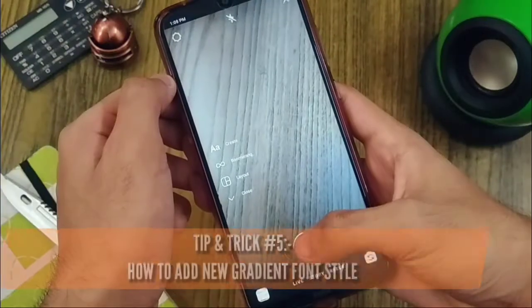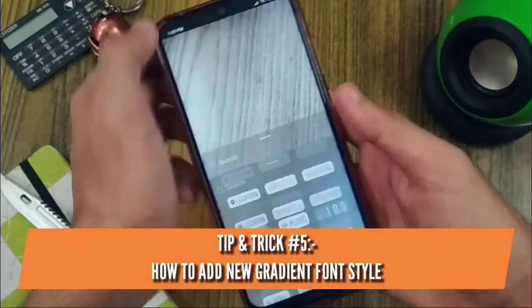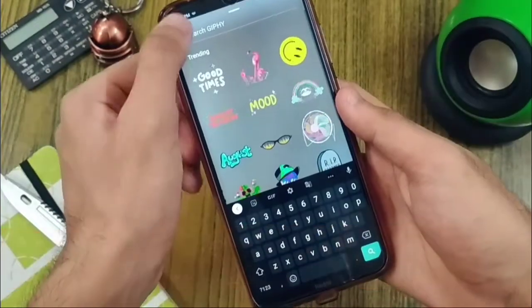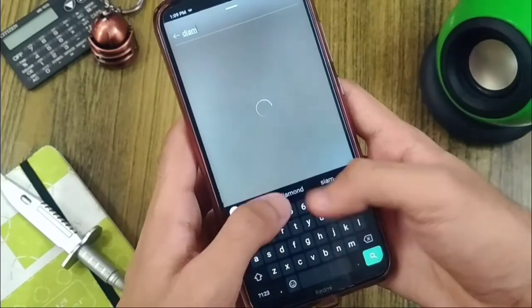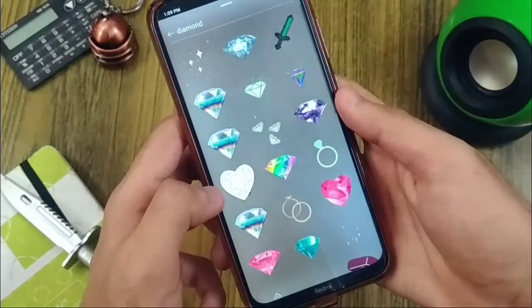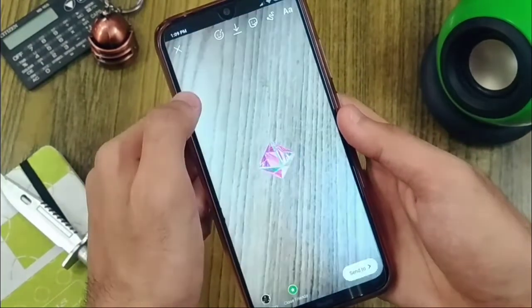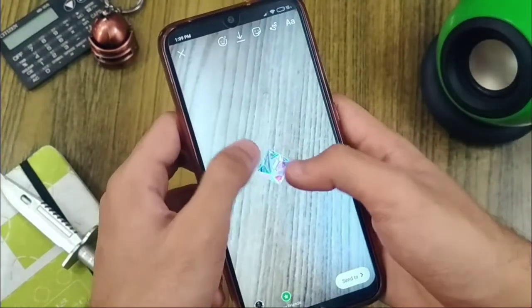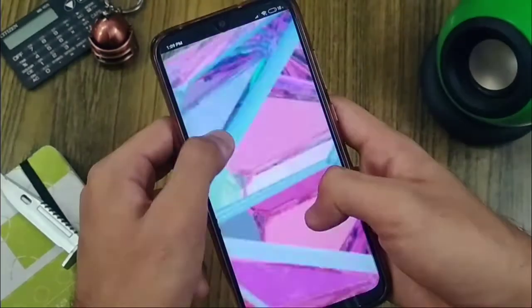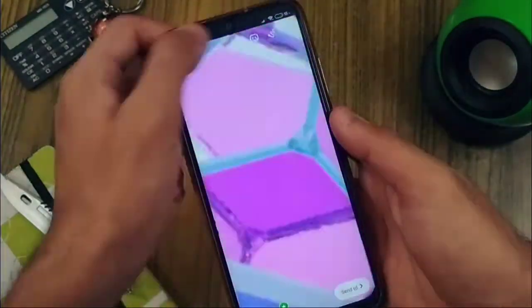For the next one, click a random picture of anything, then click on the GIF mode and search for diamond. After searching for diamond, click on this specific diamond which I am showing here, this one. After selecting it, spread it to full screen. After spreading it, click on the save button and save it.